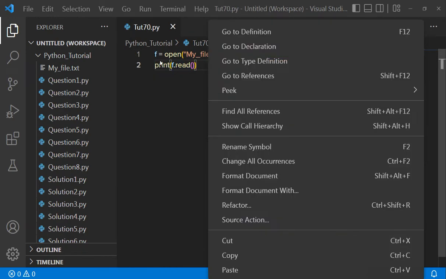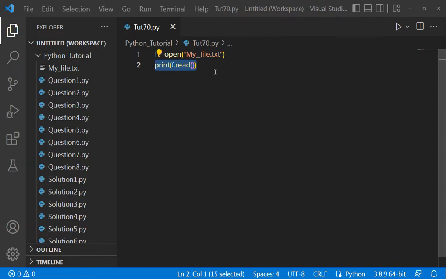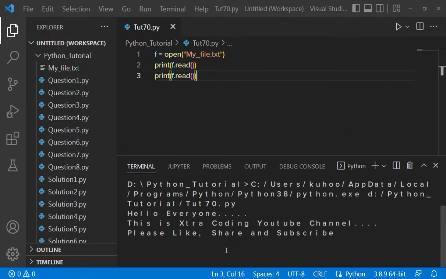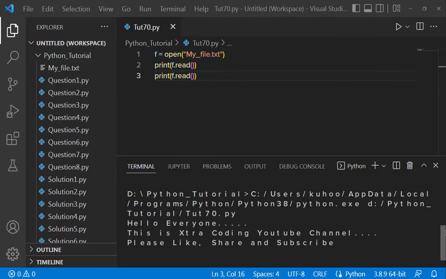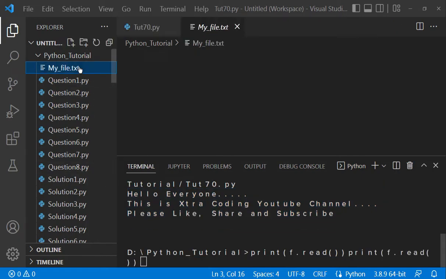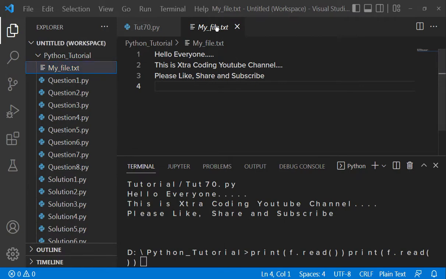Now if I write this line again, let's just copy it and paste it here, and if I run it, see, it is there only one time. Do you know why it is there only one time? Because